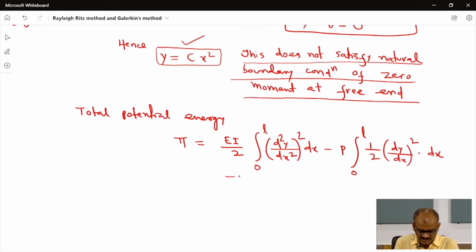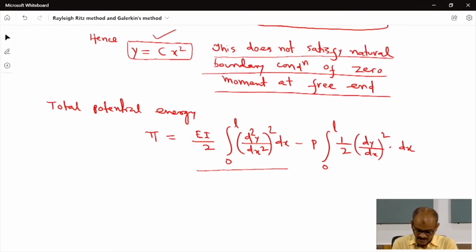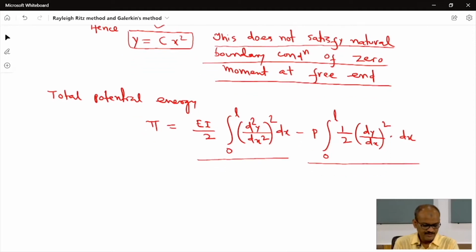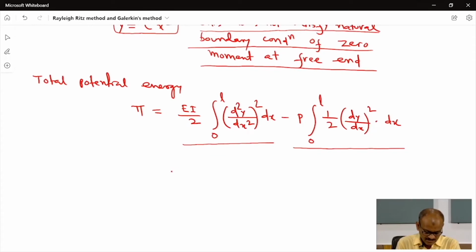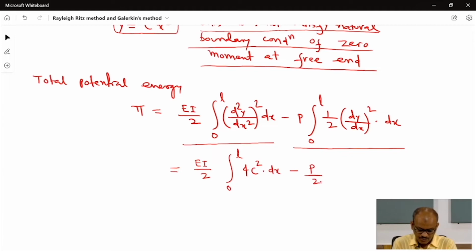The first part is strain energy due to bending, and this is the external work done. If we substitute y is equal to cx square, this reduces to EI by 2 integration 0 to L 4 c square dx minus P by 2 into integration 0 to L 4 c square x square dx,